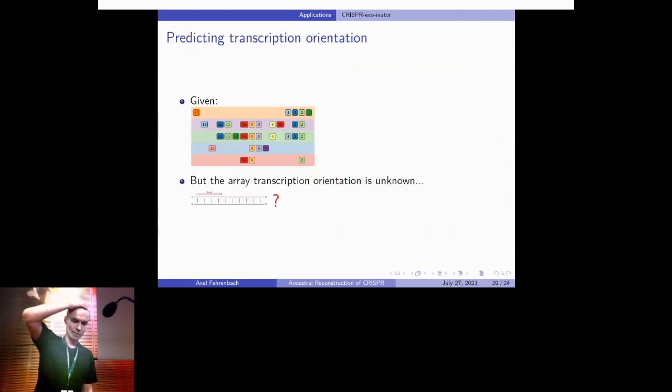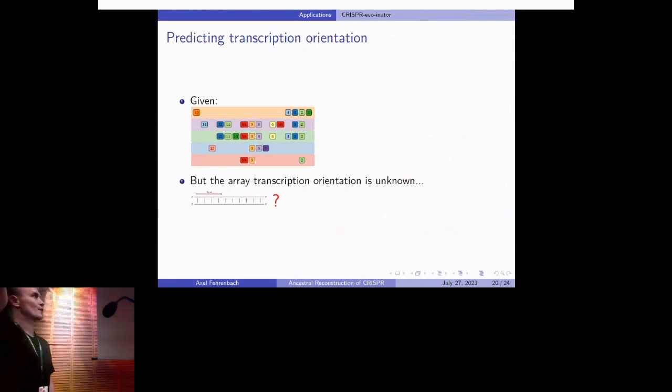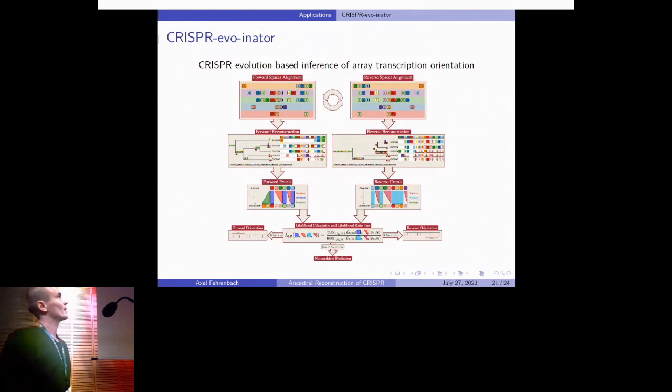Lastly, I want to come to a very nice thing we found by accident. Assume we have some spacer arrays that we detected, but we actually don't know which transcription direction these CRISPR arrays have. This happens quite a lot because the prediction of the orientation is actually not that easy. But how we can find the leader end of the array is by just applying